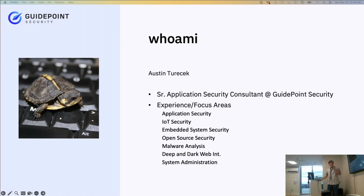So just a quick little who am I. My name is Austin Turecek. I'm a senior application security consultant at GuidePoint Security. So as an AppSec consultant, a lot of my time is focused on application security. So web and API components are pretty much what I focus on. That being said, I